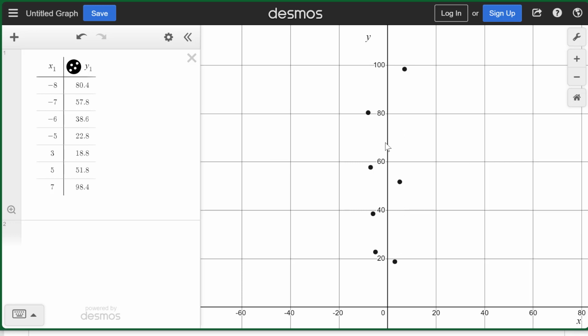Okay, because it's a curve, you cannot use y1 squiggly